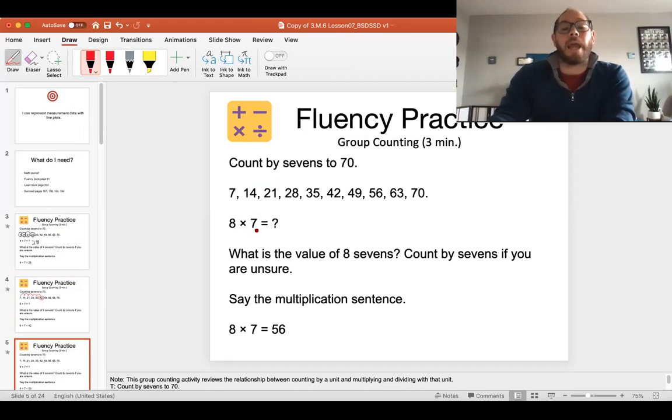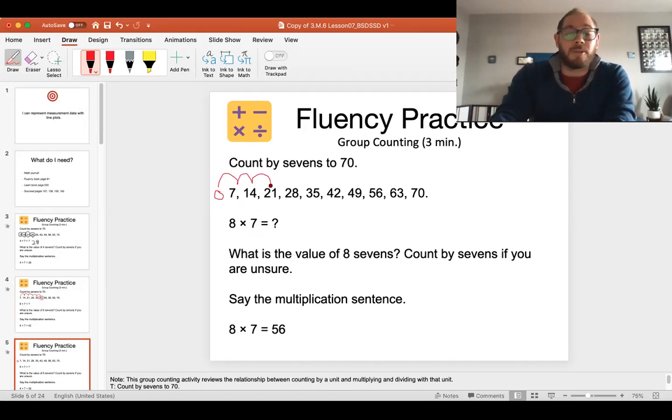Now we're looking for 8 groups of 7. Remember, what number should always be before my first number? It's not actually a number, it's a 0. So let's start with our 0. Does 0 ever count as a group? No, it does not. So we'll start with 0 as no groups, and we're going to count 1 group, 2